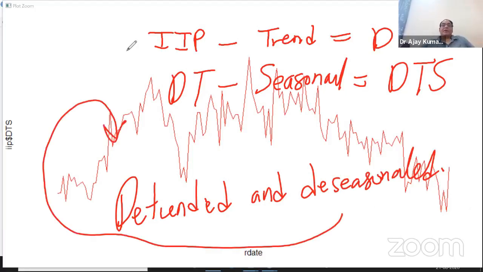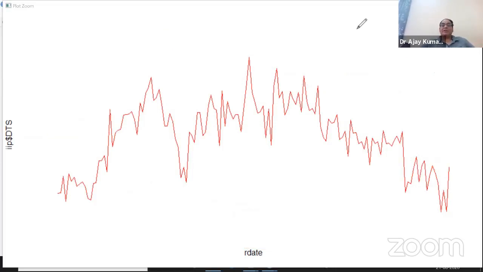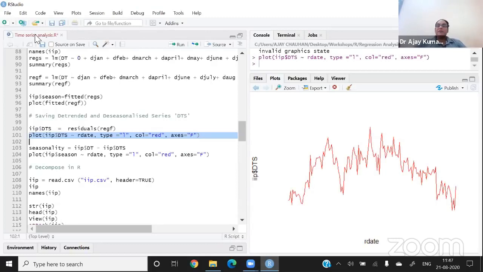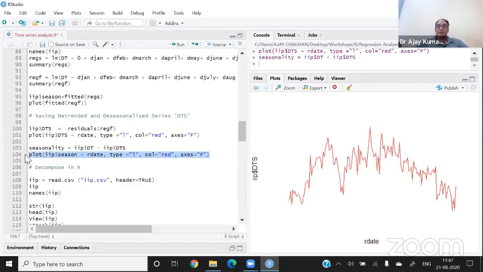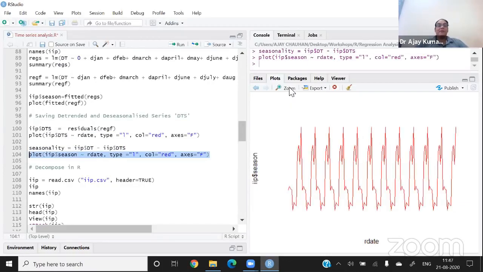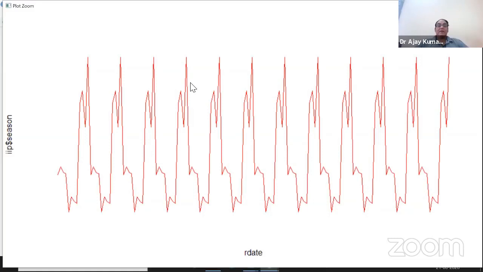So after the removal of the trend and the seasonality, we are having the series in this form, and this series is found to be stationary, and we can use it for analysis purposes. So this is the mathematical process of decomposing a series into a trend series, a seasonal series, and any other series. Now I am showing you how we can plot seasonality. You can see seasonality in a time series manner, and this is the seasonality, and we are having two things here.